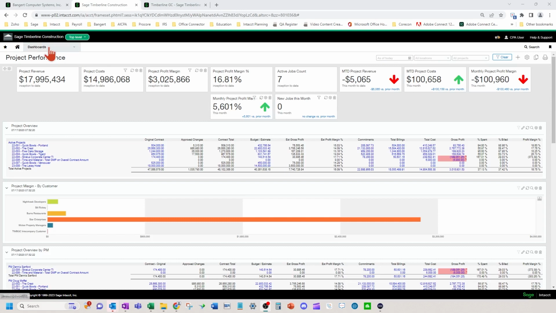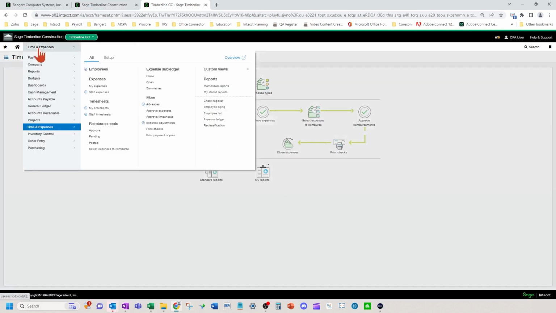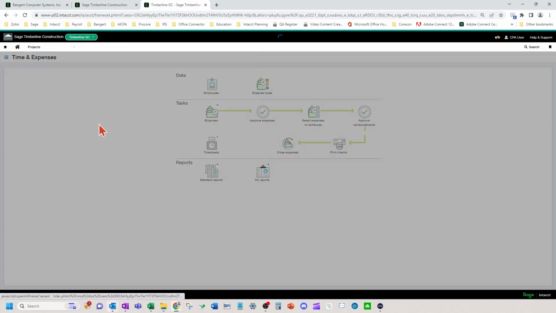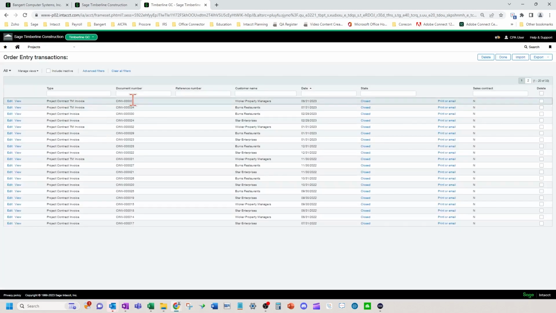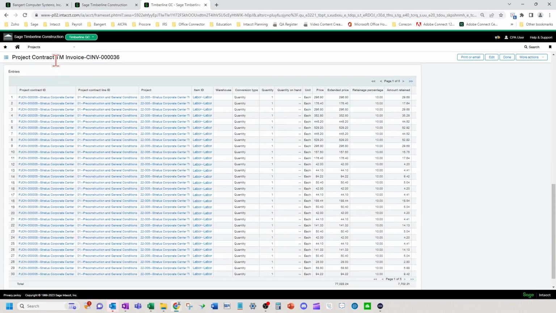Okay, so first let's navigate here to my general contractor entity. And I'm going to go to the invoice that was generated. We're going to be working with invoice 36 here. Just look at this quick. We're going to scroll down to the bottom and you're going to see when I generate a time and material invoice, it gives me the entries that it used to create that time and material invoice. Okay, so here's a bunch of labor entries with a quantity and the extended price.